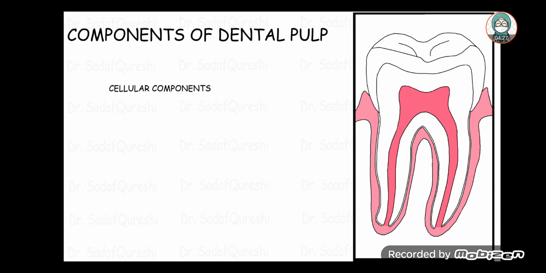Now let's talk about the components of dental pulp. Dental pulp has cellular components and extracellular components, and also it has connective tissue structures. If we talk about cellular component,